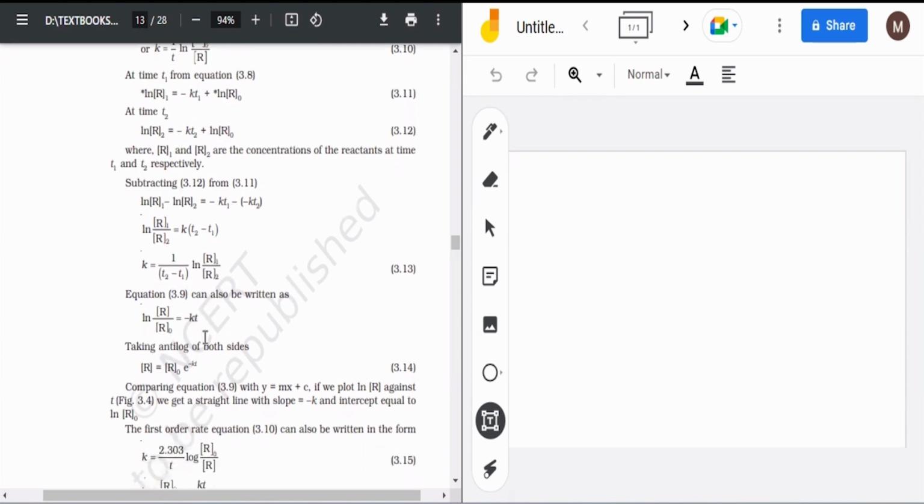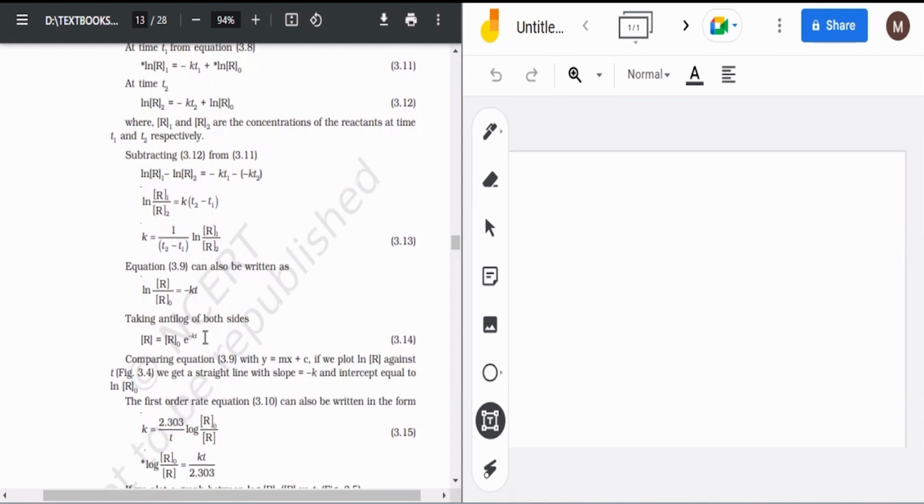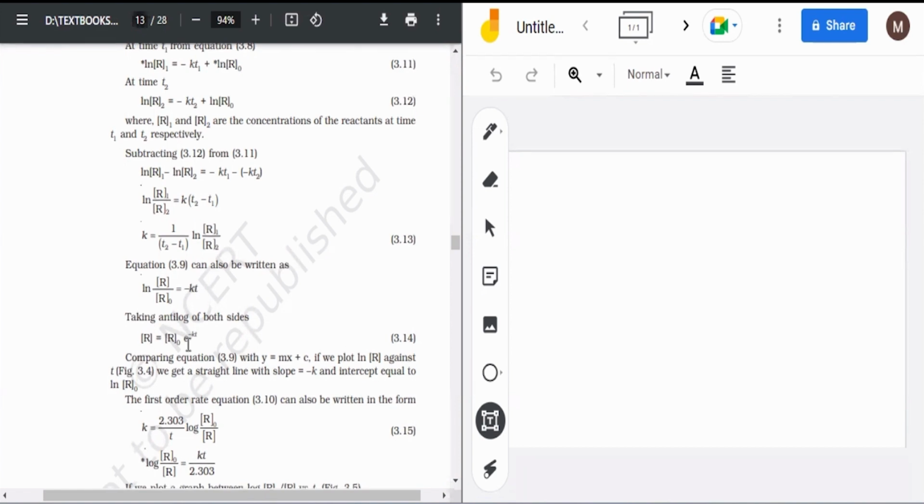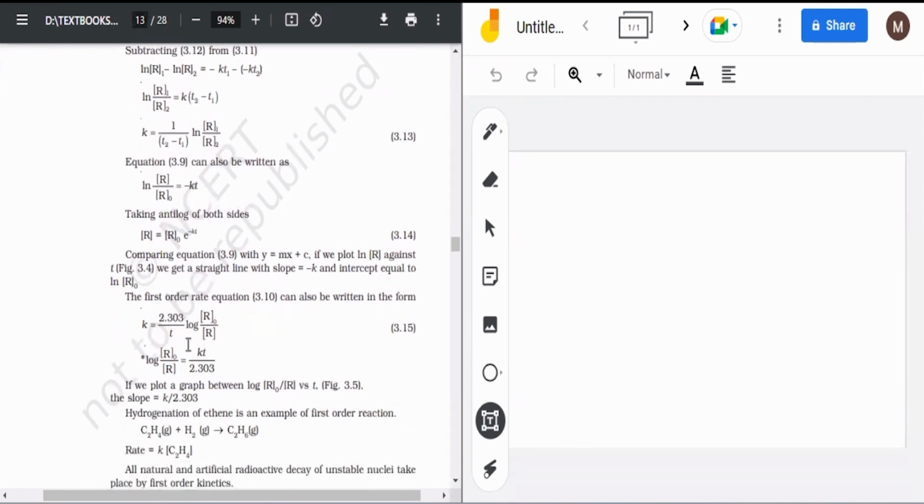Okay. Then if you don't want to write in the form of log, you can also write in the form of e. So R is equal to R0 e^(-kt), where t is the time and R0 is the initial concentration. You have to just take the anti-log on both sides and you can easily arrive at this equation. Okay. Then